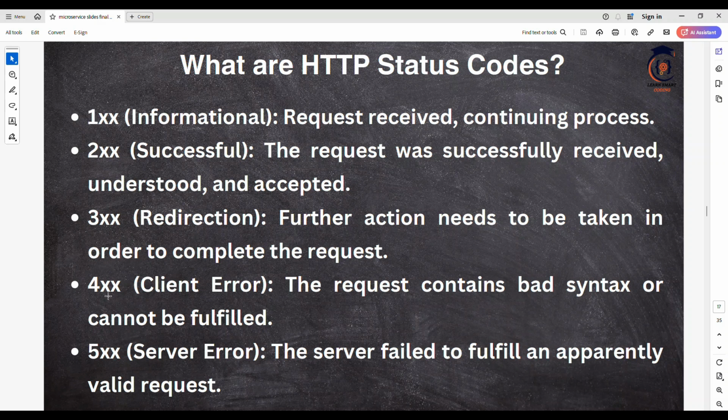Let's say you are the client, I'm the server. You're asking me something, but you asked incorrectly. Let's take an example. You're the client, I'm the server. You asked me for a chocolate, but you didn't tell me what chocolate it is,